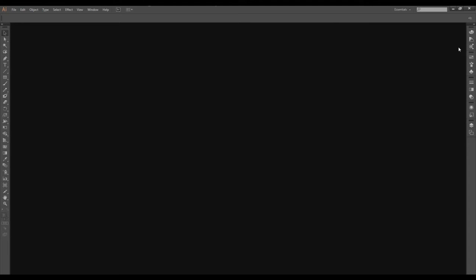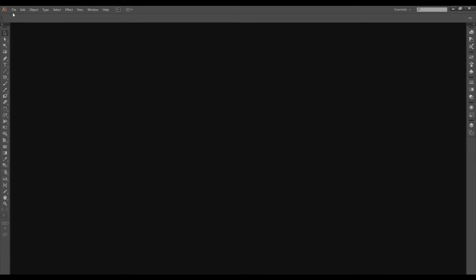So this is the window which you get when you open Illustrator. Now I'll quickly go through what all these things are. On the top we have this menu bar. On the right, we have these three: close, maximize, minimize, and a search button. On the right itself, we have this panel bar, which has some panels; we'll cover how they work in later videos. On the left, you have this toolbar, and we'll cover in detail how all these tools work.